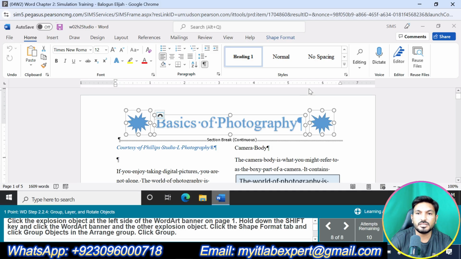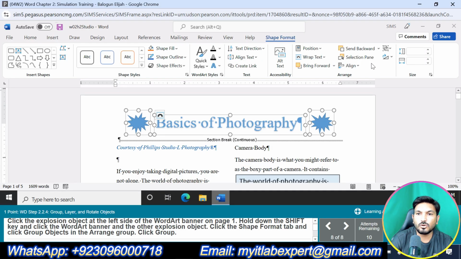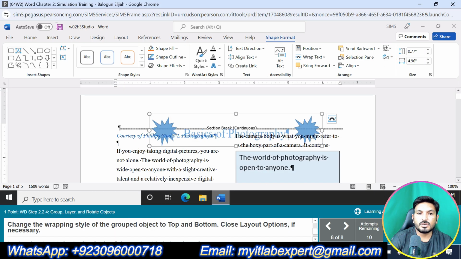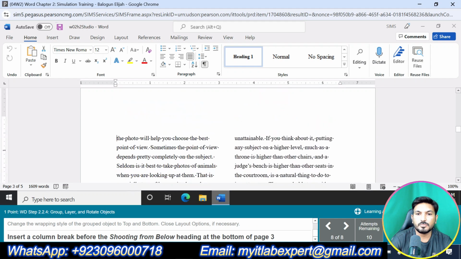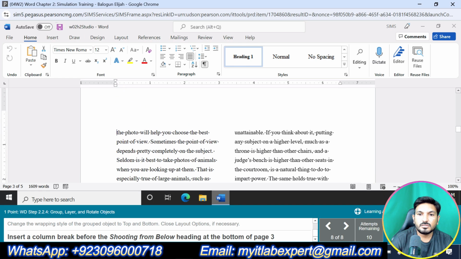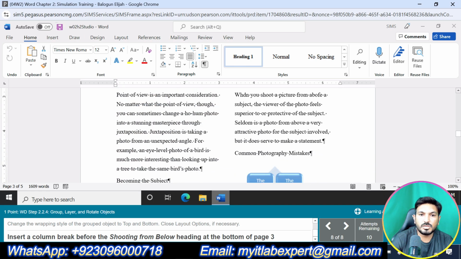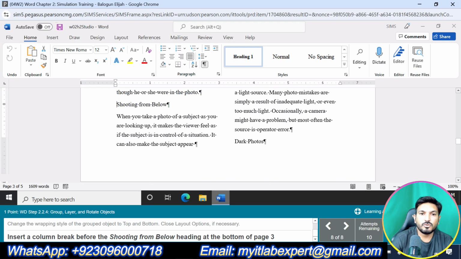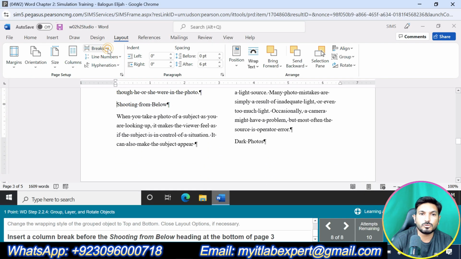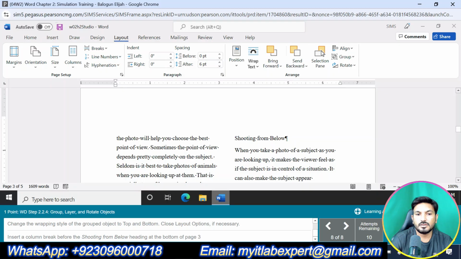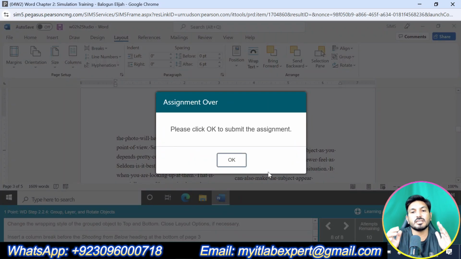Click the Shape Format tab and then click Group. These. Okay, change the wrapping style, so we are supposed to select wrapping style Top and Bottom. Insert a column break before the Shooting from Below heading. Here we are supposed to go to the Layout tab, go to Breaks and insert a Column Break. So that is all about question number 8.